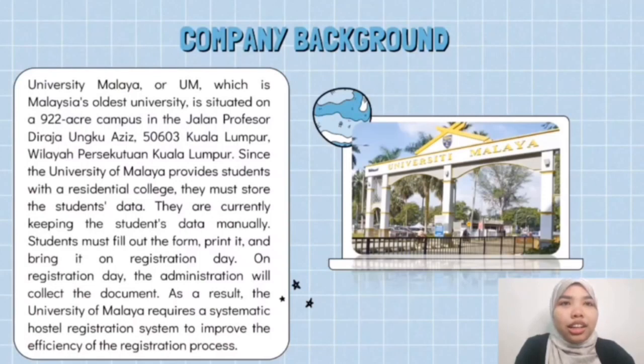They are currently keeping the student data manually. Students must fill out the form, print it, and bring it on registration day. On registration day, the administration will collect the document. As a result, the University of Malaya requires a systematic hostel registration system to improve the efficiency of the registration